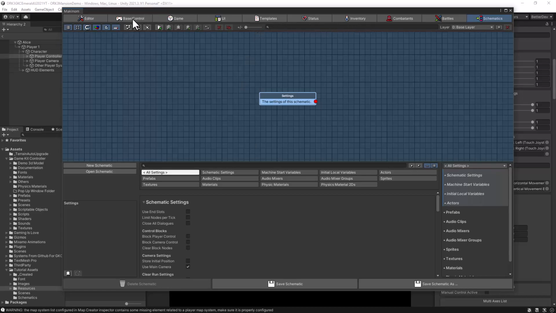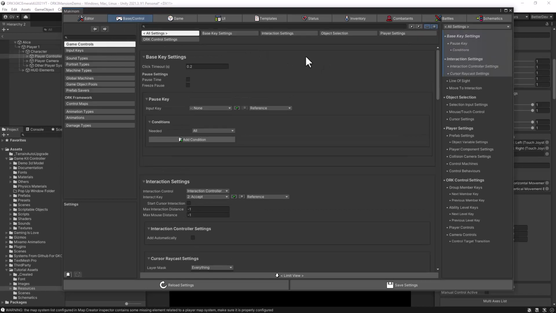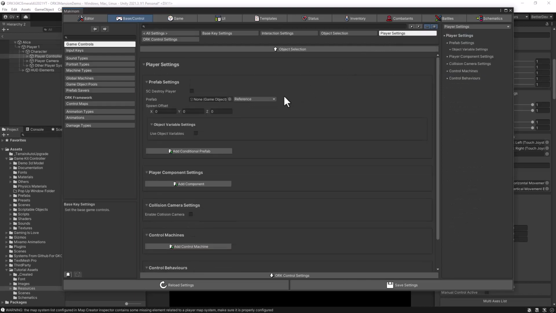And if we go into the base control, then into the game controls, and then we click on the player settings, and if we scroll down we can see control behaviors,